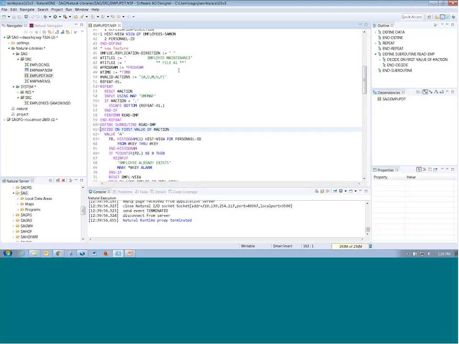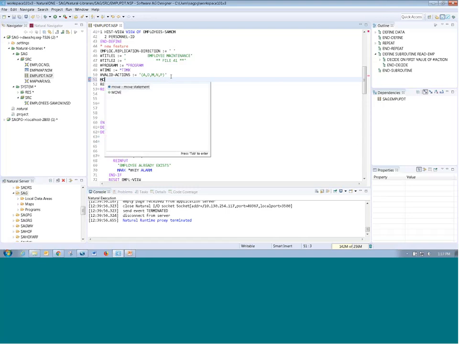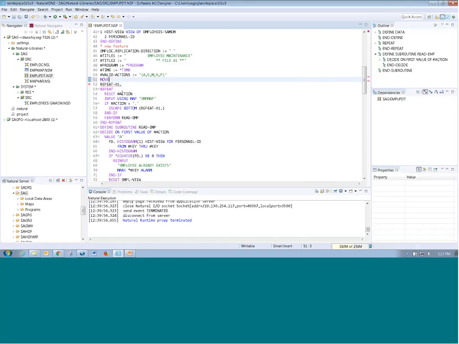Other thing I want to show you about the editor itself, let's say I'm working in this editor here and I actually want to add a new line of code. I can just do an enter and I'm going to get a blank line. So from this point I could maybe start typing a new statement, and I type MO and I can't remember what goes after that. So what I do is I do control space. So this is going to show you that NaturalONE can do code completion. And all I do is double click on the move, and now I can tap my space,